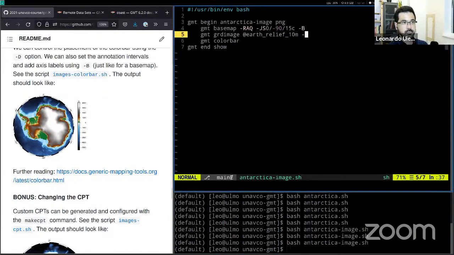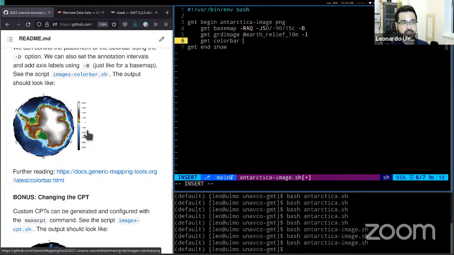So one final thing with the color bar, we can also adjust the placing of the color bar. We can have it vertically, we can have it horizontally, and so on. The way we do that is by giving arguments to GMT colorbar. For those of you who are playing around with the inset module, you'll recognize that the -D option is very similar to what you get with inset, but it controls the placing of the color bar. So if I do -D and then uppercase J,